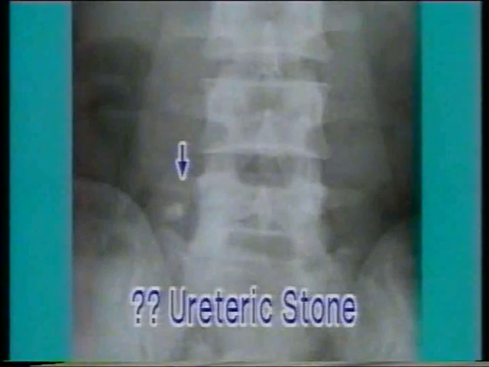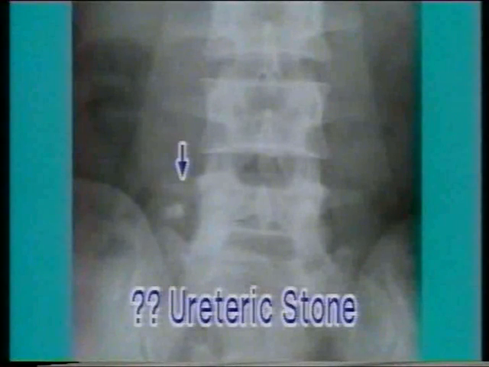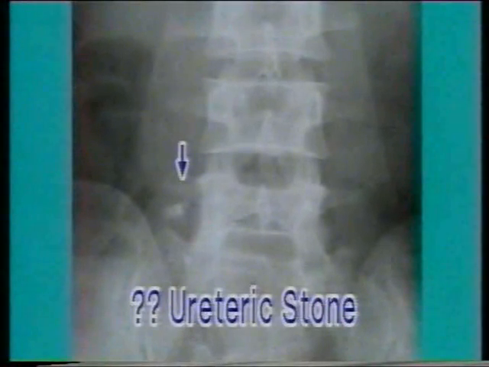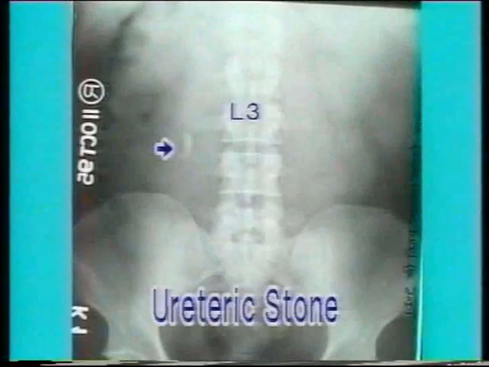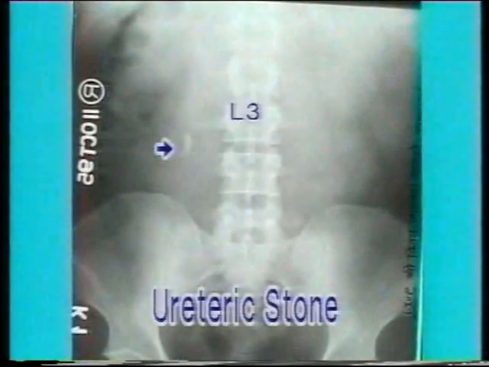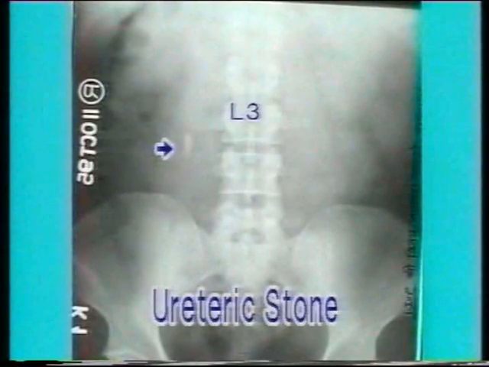In this X-ray, there is a radio-opaque shadow at a very similar position opposite the fifth lumbar vertebra on the right side, but it has an irregular shape. It may not be a ureteric stone, but may be a calcified lymph node. The shape must also be considered in the diagnosis of a ureteric stone. This is another X-ray showing a ureteric stone at L3-4 level. It is in the anatomical course of the ureter and has a vertically oblong shape.